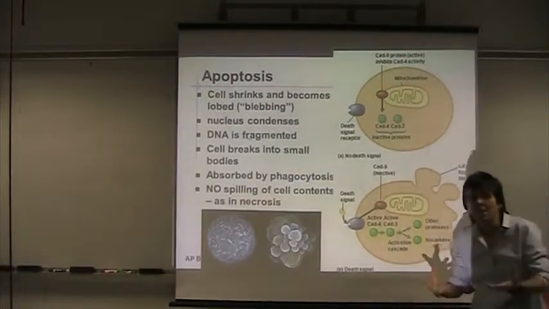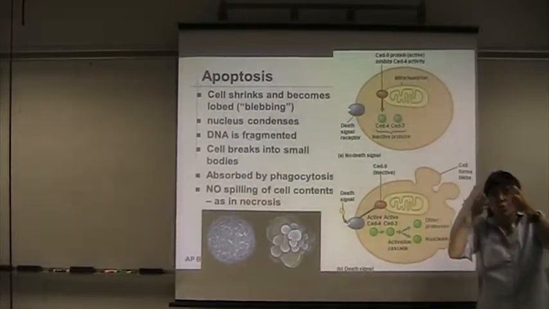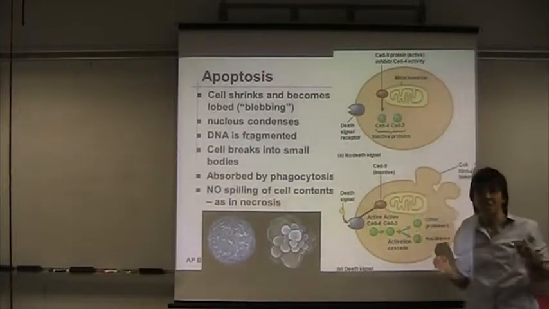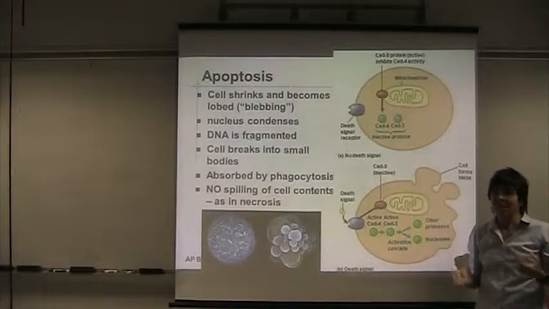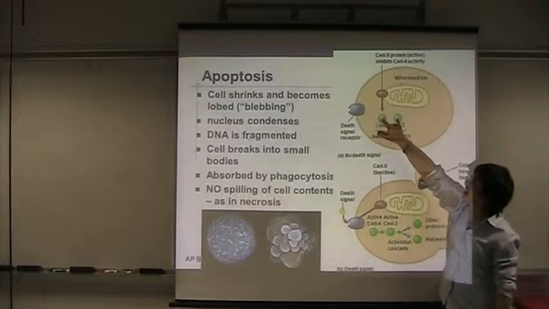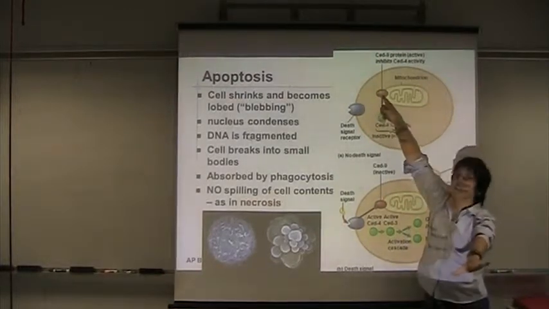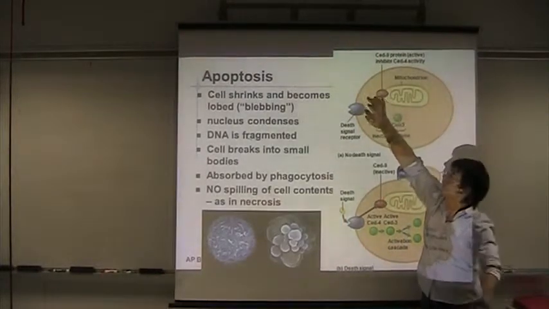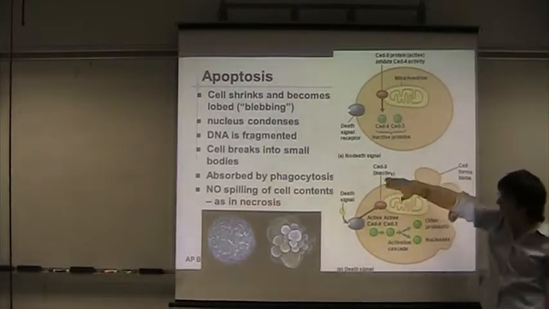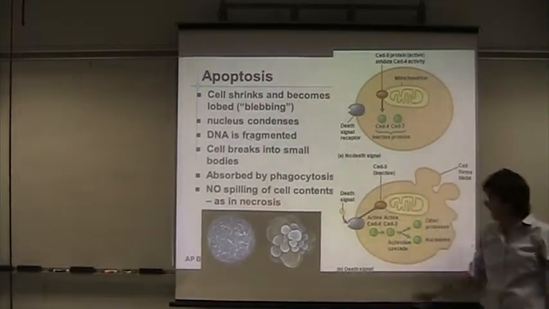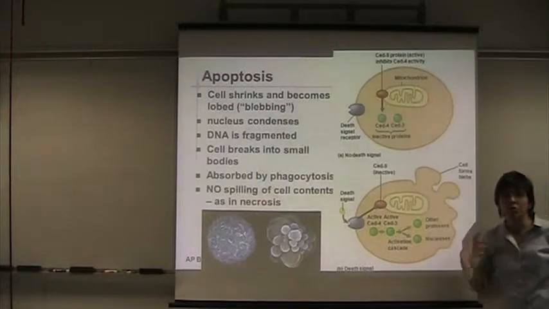Basically, proteins that are going to start destroying the cell from within. In a happy cell, they are maintained inactive by this protein. But when this protein is blocked, boom, they come back to life and they are able to destroy the cell